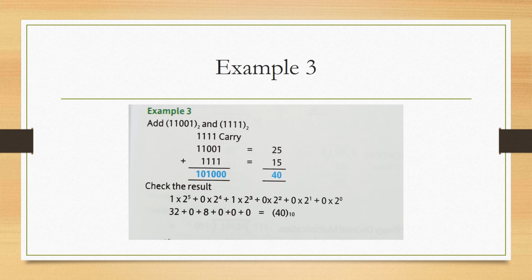By taking one more addition of 1, it will be 10 with a carry over 1. 0 plus 1 is 1, but we have a carry number 1. Now it is again 10 with carry over 1. 1 plus 1 is 10. Then we take the number 10 at the last.